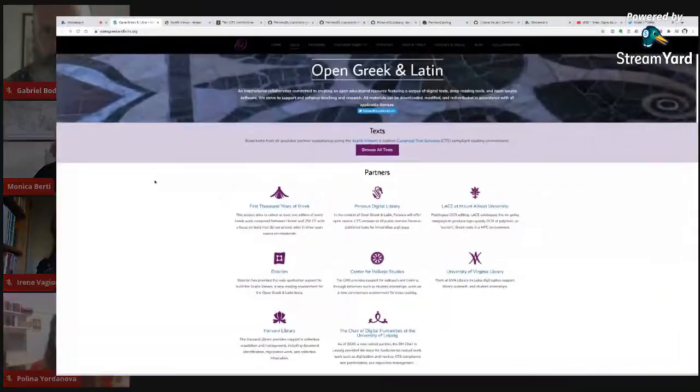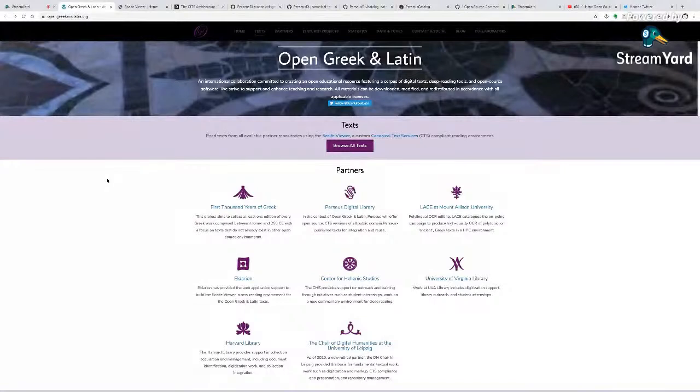So Open Greek and Latin is a project, an initiative, part of Open Philology, which is a project that started in 2013 at the University of Leipzig as part of the Alexander von Humboldt Chair of Digital Humanities. And the goal of Open Philology is to provide open access and open data for historical languages with a main focus on Greek and Latin.